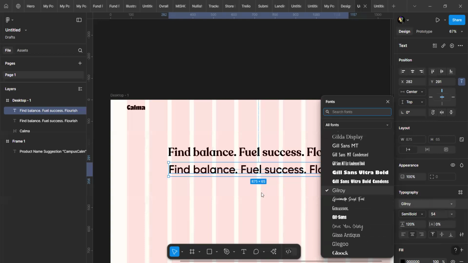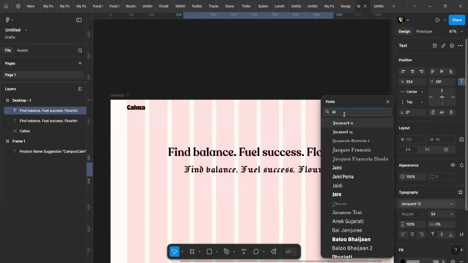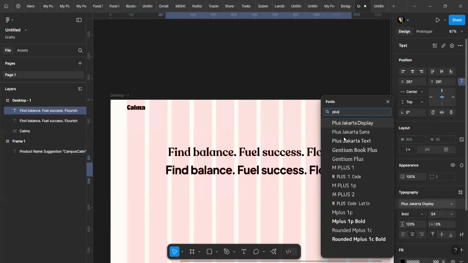You can always explore, look at different designs, and get an idea of how to combine your fonts or your typefaces. Which one should I go for? There's something tricky about Plus Jakarta, which is that it's very tight. So the spacing between,